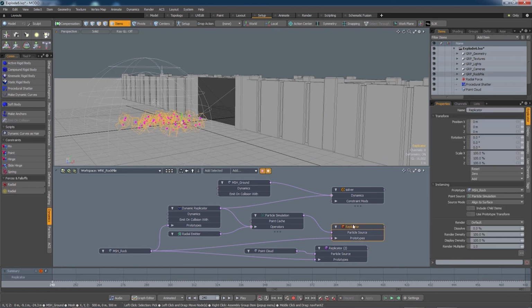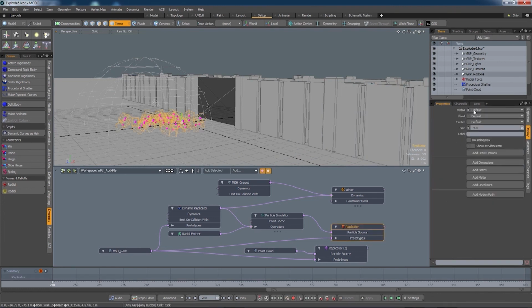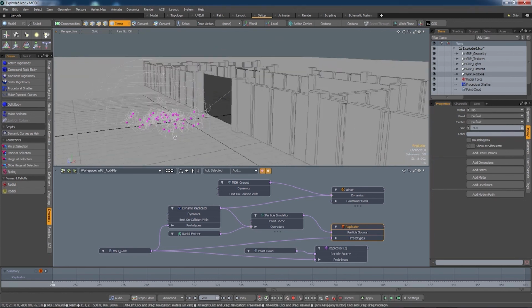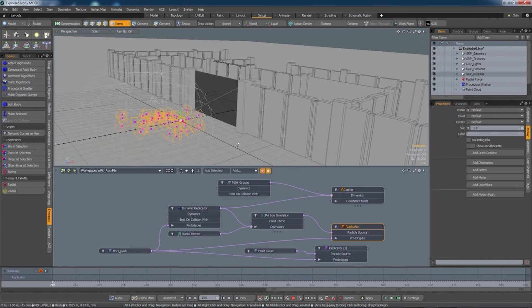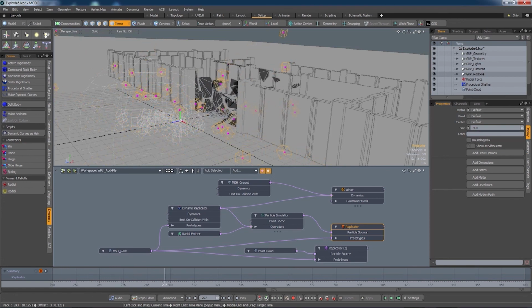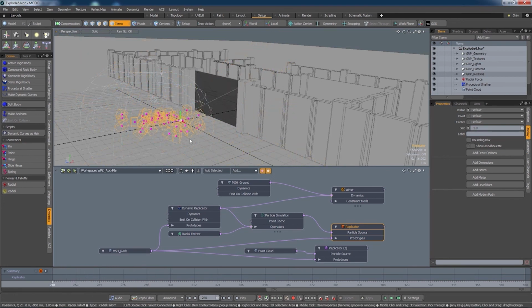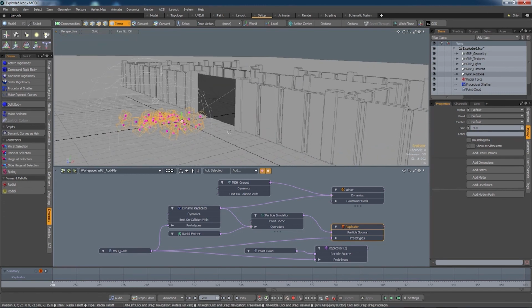If I suppress this replicator, then we still have a rock pile. If I scrub through the timeline, I think you can see what's going on. We have the baked version of the rock pile permanently in place, and then we have the dynamic version that takes over at frame 240. And in order to make this work, what we will need to do is turn on and off the visibility of the two versions of the rock pile. So let's do that. Let's go back to